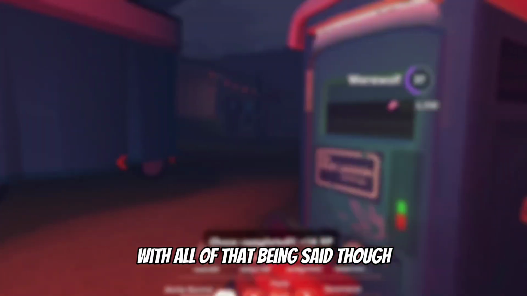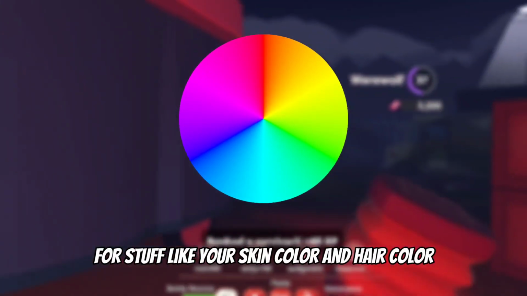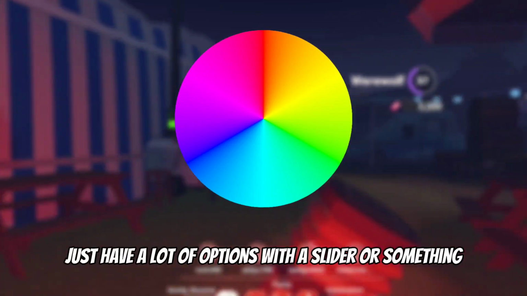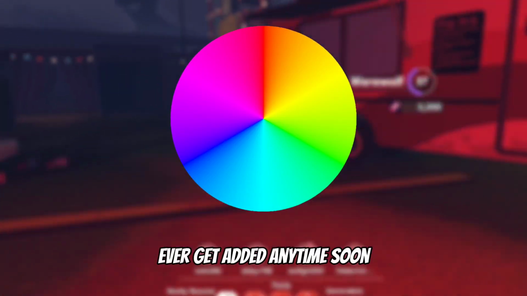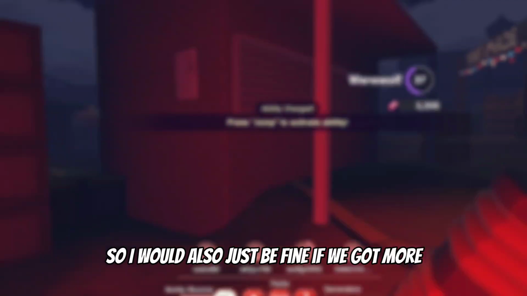With all of that being said though, the first thing I want added to Rec Room is a color wheel for stuff like your skin color and hair color. I personally just think that every game should have a color wheel for stuff like this, or at the very least just have a lot of options with the slider or something, like with what The Sims 4 does with skin colors. I highly doubt that this will ever get added anytime soon, considering how much work they would have to do to even put this in the game,